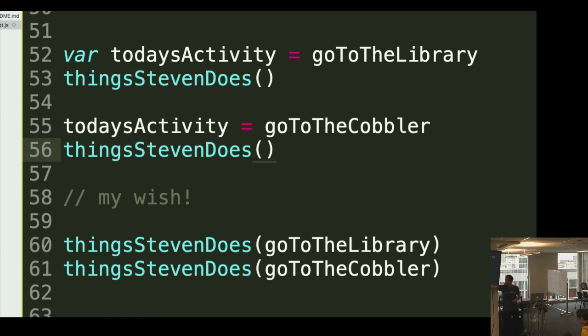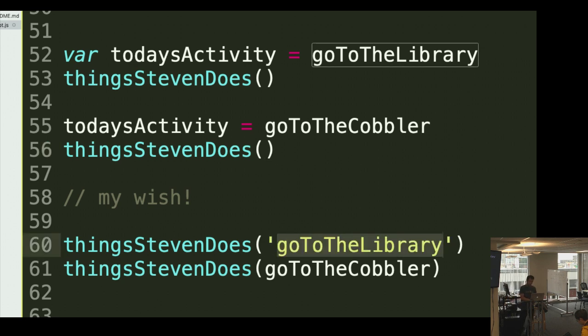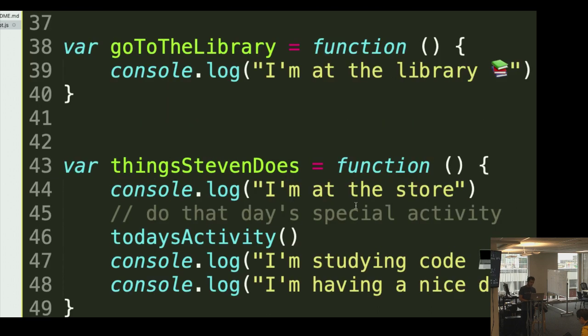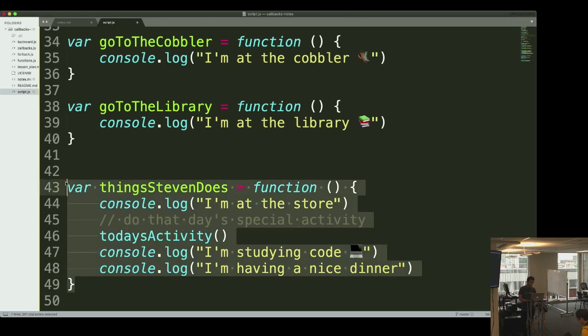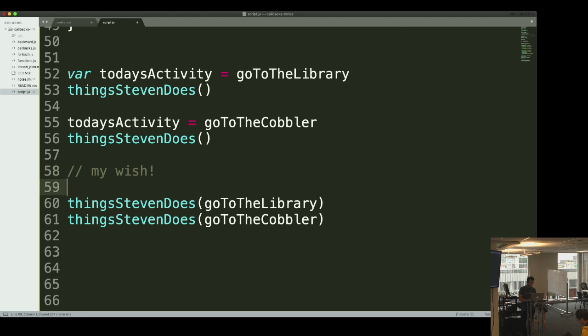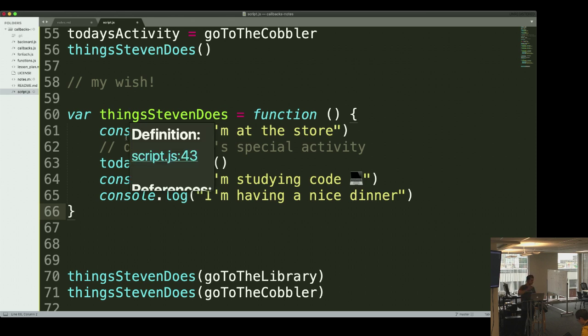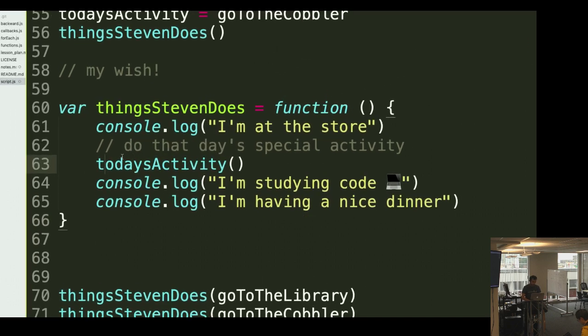What does it mean when I write something inside of the parentheses? It's a parameter. You've gotten used to seeing functions that have just strings being passed in or numbers or all kinds of stuff. I want to be able to pass go to the library as a parameter. And the way that we're going to do that here is when we get things Steven does, imagine that I've cleared what there was before. To get today's activity,